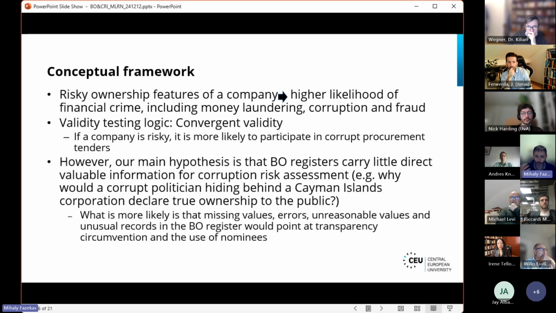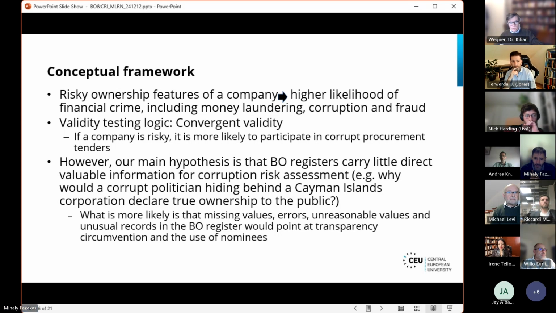You look at wrongdoing from two different angles, the ownership side of things and the public procurement transactional side, right? Public procurement is about tenders and awarding contracts, right? So these two sets of crimes should correlate with each other. We don't expect them to be fully aligned. For once, public procurement corruption can be done in all sorts of ways which have nothing to do with risky